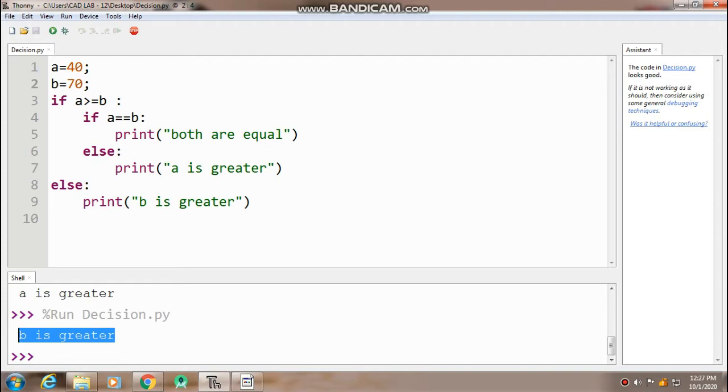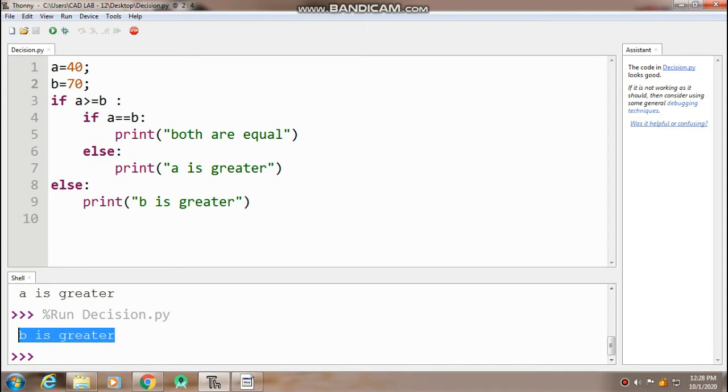So hope these statements are clear to you, and next we'll move on to the other statements. They are the looping statements. So if I'm talking about Python, we have for loop, we have while loop, and one more thing, we have for loop with the help of two things. One is the simple for loop, another one is with the help of range function. So before starting with the for loop, we'll study what actually a range function is and how we can use the range function. So just have a quick look at the same.